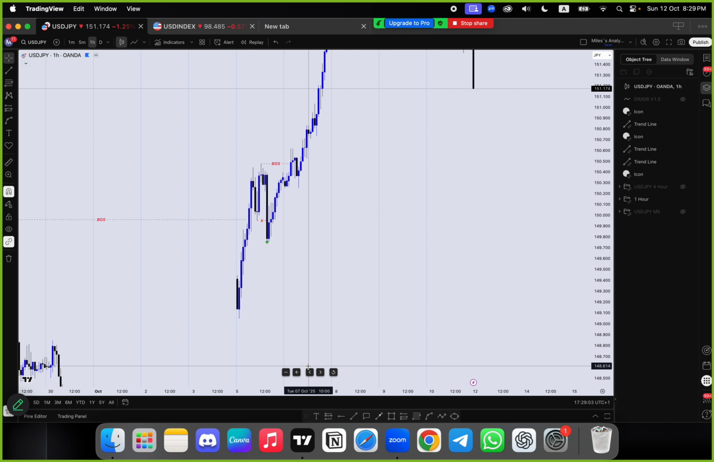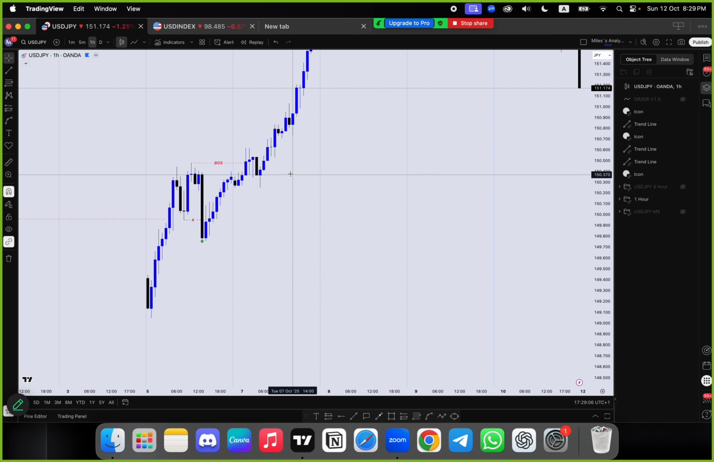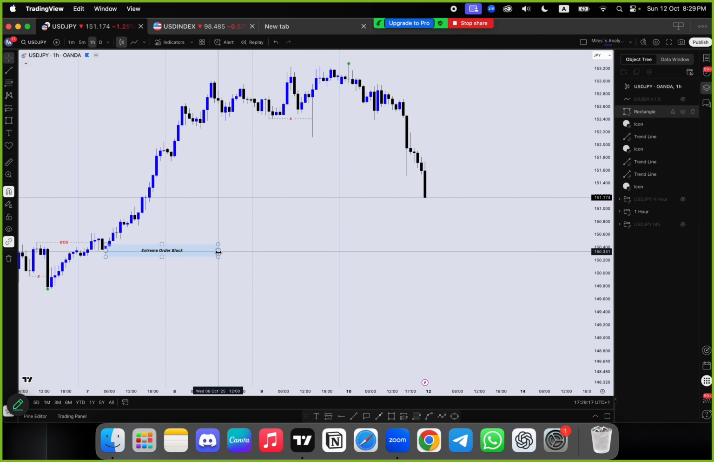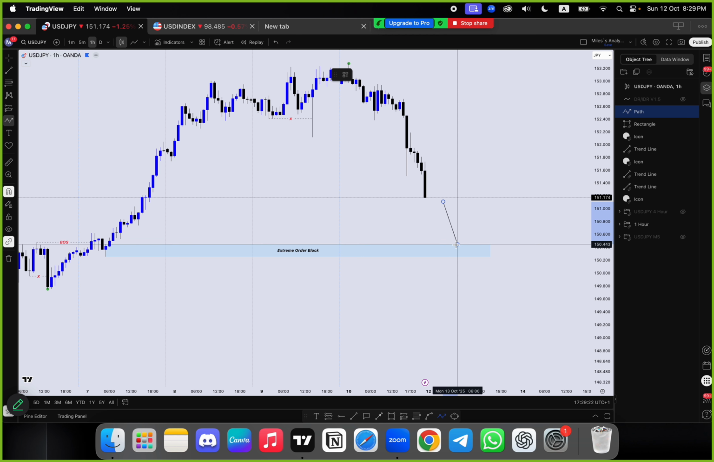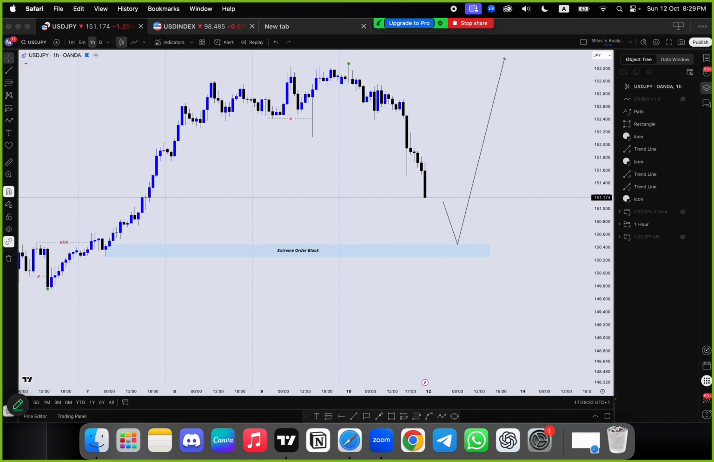and our extreme order block would be, you can see everything is mitigated here. There's no imbalance except for this one, so this would become our valid extreme order block. So I'll be looking for price to come to this extreme order block and then maybe continue bullish since price is already bullish. Yeah, so I think this is what I have on the USD index and